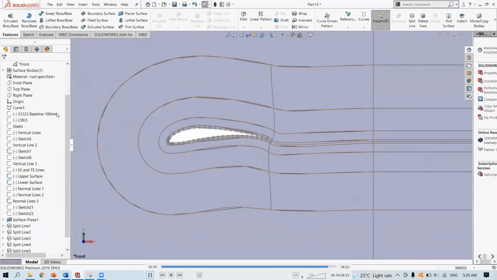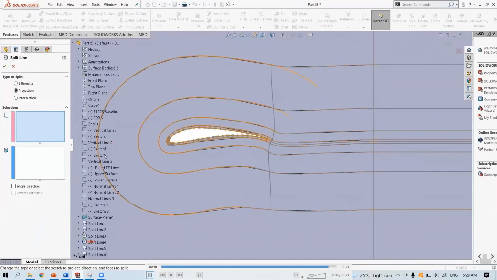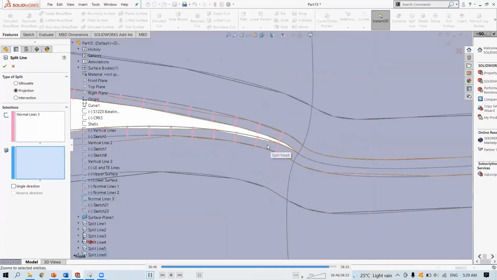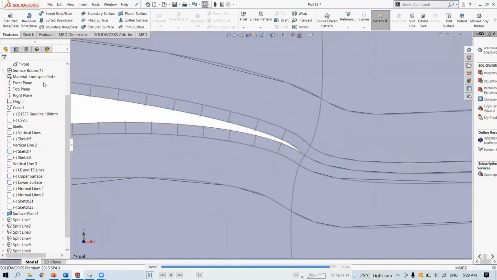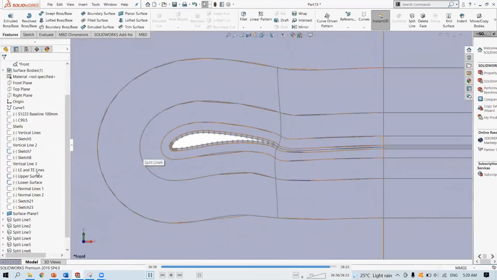Now I can do for the normal lines. This is why I like to name my sketches so that it's easy for me to find them. Okay, there you go. And looks like our guide curves are missing. At times it's like that.